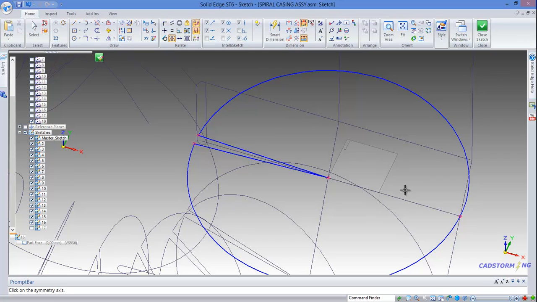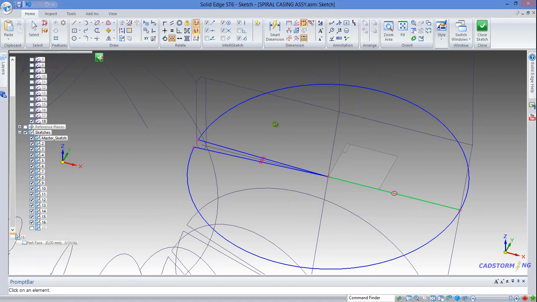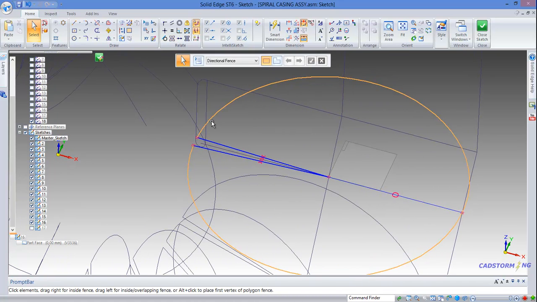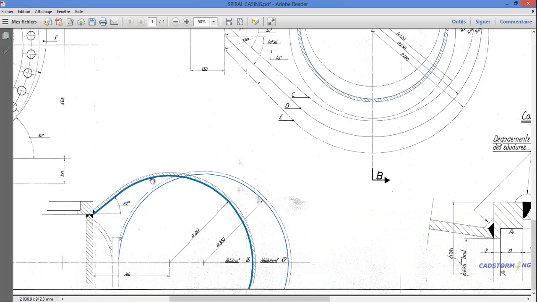Then symmetric, axis, first element, second element, and this time we will not add the angle. We will drag this a little bit further like that, because what we want to do is this shape. So we will add a tangent line to the arc, and it will be angle 37 degrees from the horizontal. Okay,